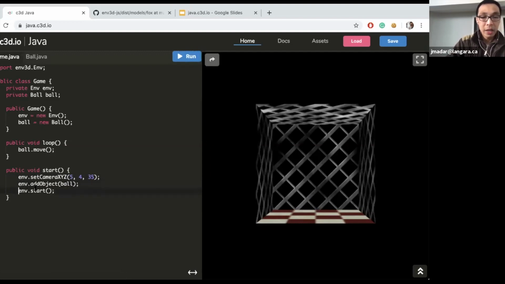And the last line is that I actually have to start the environment. Otherwise, things won't render properly. By starting the environment, one of the things that the operating system would do is to call loop 30 times per second. So I would explain that loop is actually a method that is called continuously by the operating system